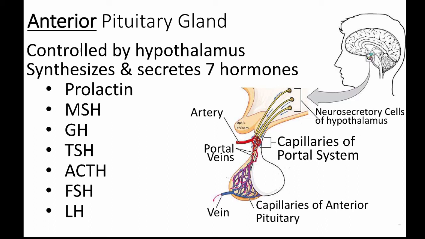There are groups of neurons in the hypothalamus that have axons that project down toward the anterior pituitary, but they actually don't secrete their hormones in the anterior pituitary. They release them into a set of capillaries that are wrapped around the infundibulum, the stalk